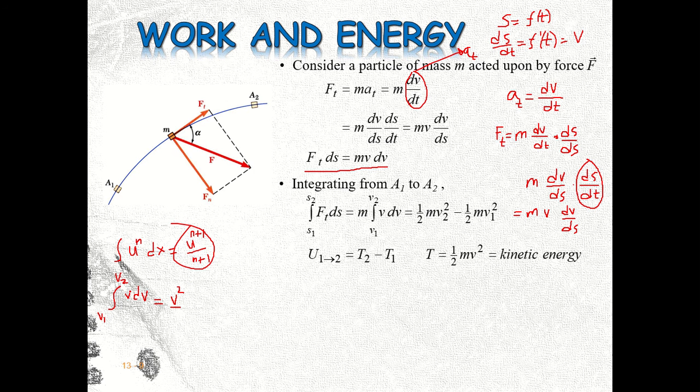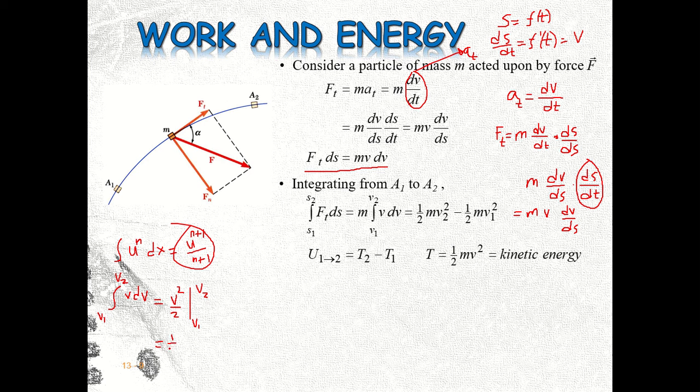N here is 1, 1 plus 1 is 2, so v squared. Then the limit is from v1 to v2. Then substituting the limit, you can write this as